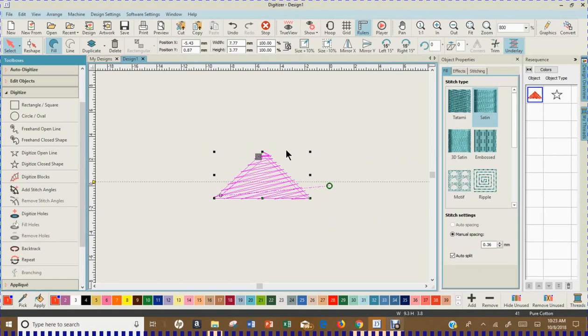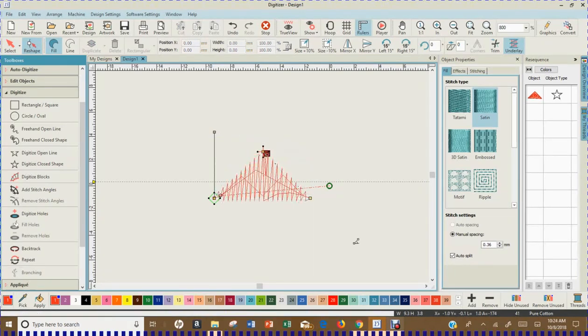So because my little shape has been created and it is selected, I'm going to come to the reshape tool. First thing you're going to see that I'm going to move is the angle of the stitches. Right now they're set at 15. I guess that must have been the default on there. I'm just going to drag the line up and move it to a 90. So you'll see how all my stitches have now been translated into this 90-degree